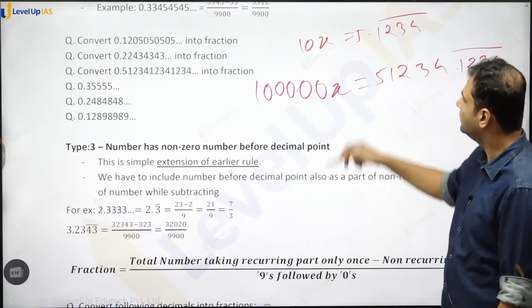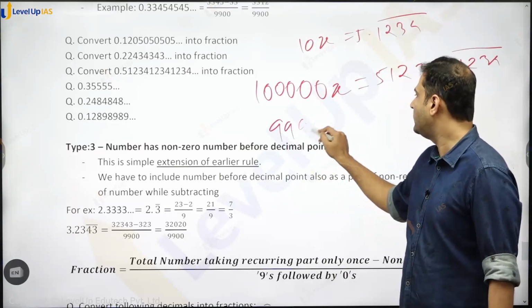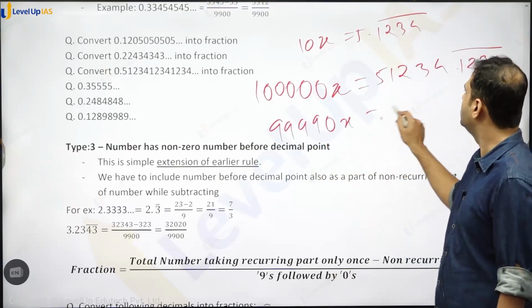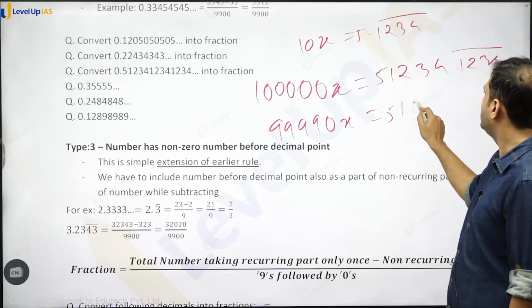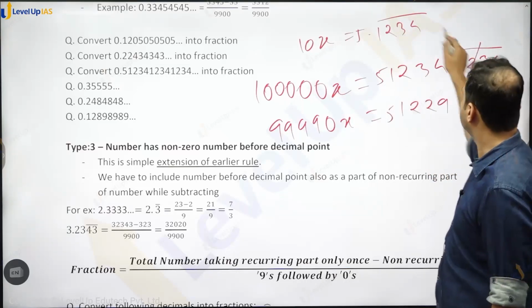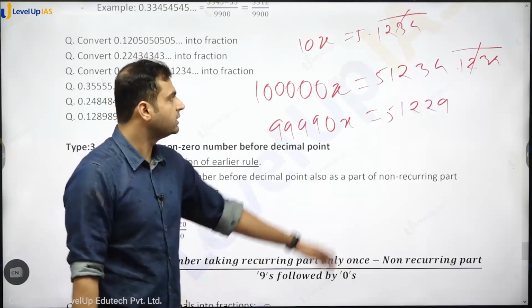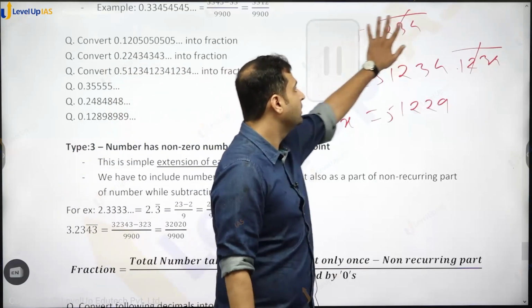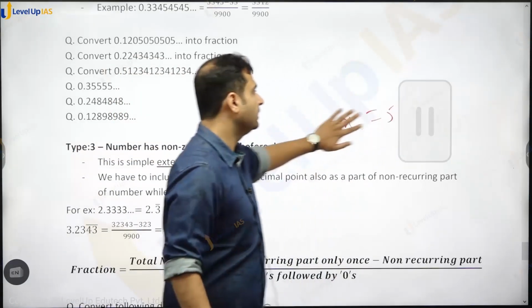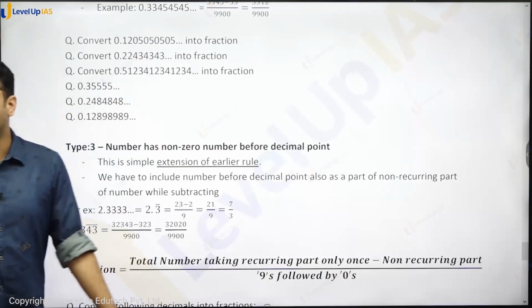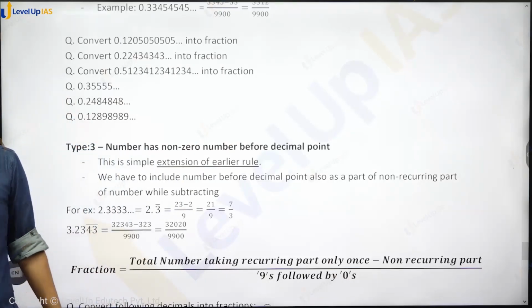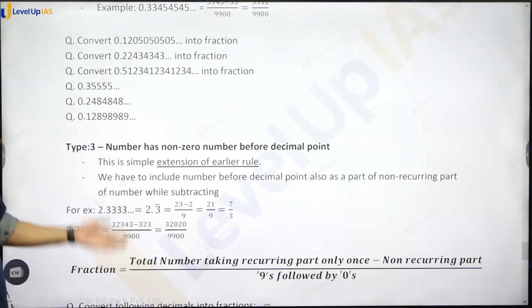Now you subtract, you will get 99990x is equal to again 5 1 2 2 9 because this gets cancelled and you get the same answer. कोई भी मेथड से कर लो आंसर सेम आएगा, दोनों से भी बहुत ज्यादा टाइम नहीं लगता है. If you remember the working rule it is faster. Yes. Third,